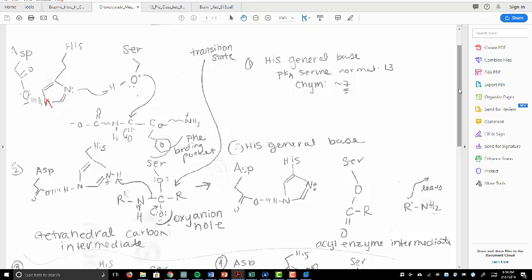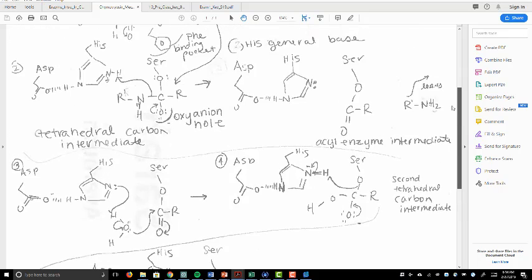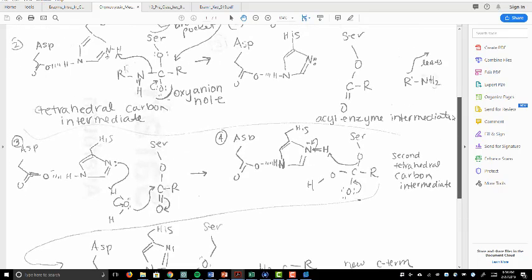No, sorry, that was kind of a misleading question. So what would happen? Serine can't act as a nucleophile because it's already attached. So what else could you think? What else could act as a nucleophile? Could you use